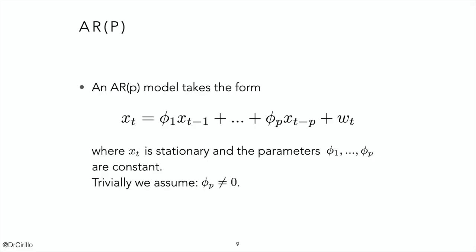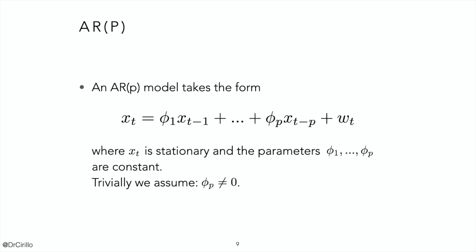So, but it's always the variable with respect to itself. A stationary time series, because we focus on time series that are stationary. So we have already taken care of trends, seasons, and all those problems. We want to play with something that is stationary. We call this time series an autoregressive process of order p if the time series xt can be represented as